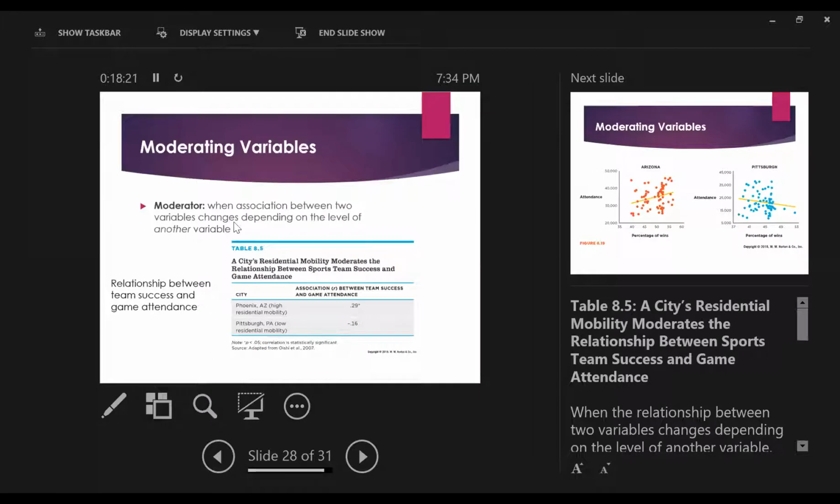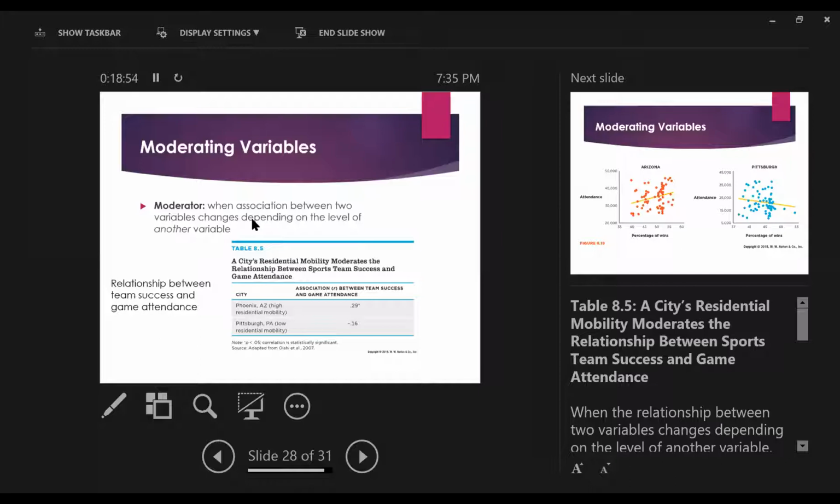Okay, what is a moderator? I used that word earlier when we were talking about that C variable that's having an impact. It's when there's a variable whose presence is going to impact the relationship between two other variables. So when an association between variables changes, right, they're impacted depending on the level of some other third variable. So if we look at the relationship between team success and game attendance,